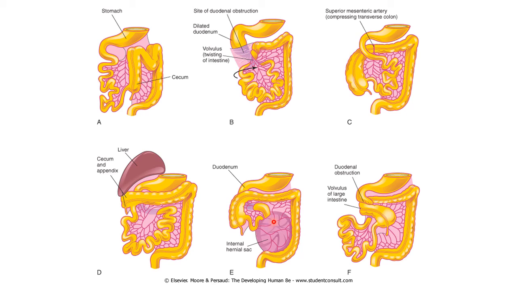And also herniation can be possible into the mesentery. There is the internal herniation of the gut, which you can see here, showing the internal herniation into the pockets of the mesentery and peritoneum. And again, this is showing you volvulus of large intestine. Here is the volvulus of the small intestine. They are showing the twisting, but this is the twisting of the large intestine along the small intestine, leading to duodenal obstruction and obstruction of small intestine.